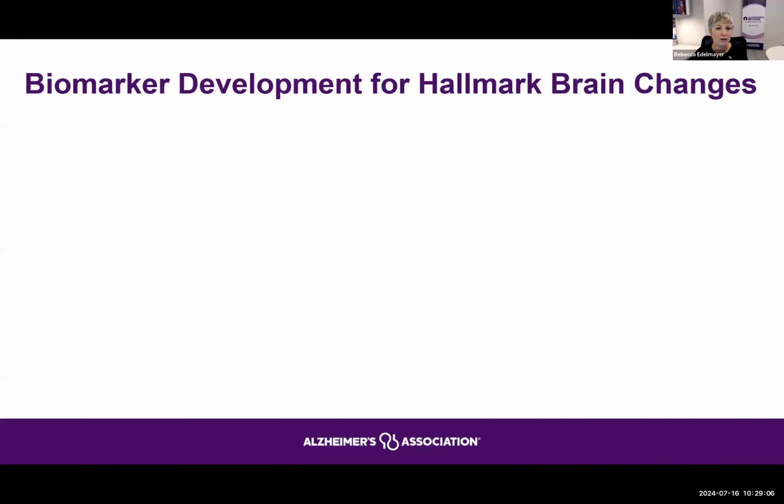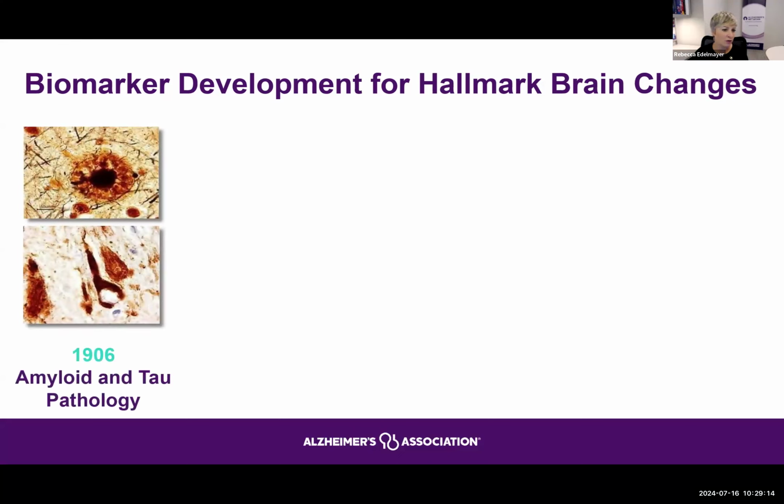So biomarkers in development for Alzheimer's disease and other dementia have been really happening over the course of many, many years. We know when Alzheimer's disease was first identified in 1906, that was by Dr. Alois Alzheimer. He was looking under a microscope at tissue in the brain, developing a better understanding of those amyloid plaques, as we talked about, and the tau tangles. And you could actually see the disease pathology in the brain under that microscope. But we need more and more ways to better understand those changes that are happening in individuals that are living with the disease. We can't wait to take the tissue out of the brain to look at it under a microscope.